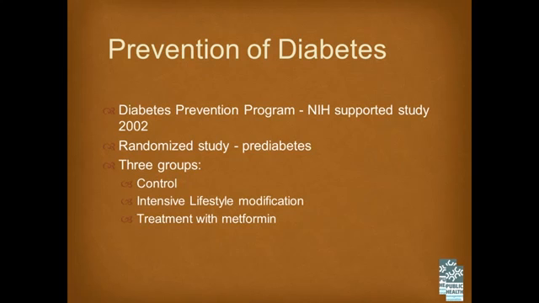So there were three groups, in addition to the control group. Patients were put in a group who received intensive lifestyle modification, and that included dietary changes and increases. The third group was treated with